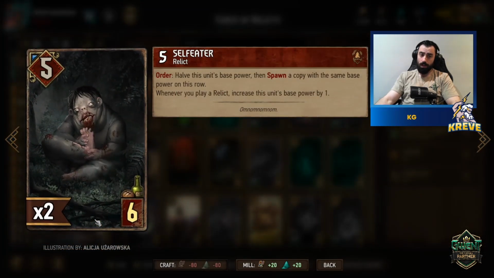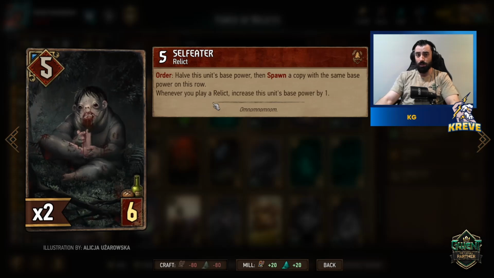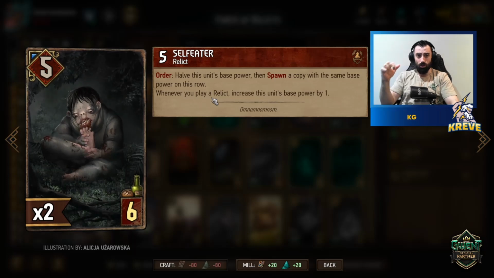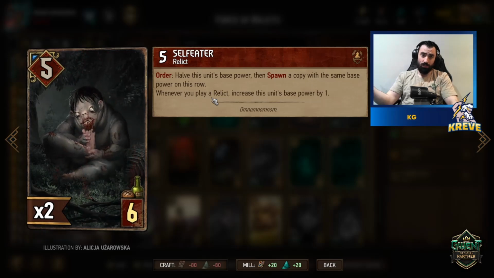Self-Eater, yeah, great card to have in a relic deck. It's going to be boosting its base power by 1 whenever we play a relic. So obviously, that's why I've gone so heavy on a relic theme for this deck. We're pretty much trying to work around the Self-Eater, get maximum value as much as possible. And the order ability is just half this unit's base power, then spawn a copy with the same base power